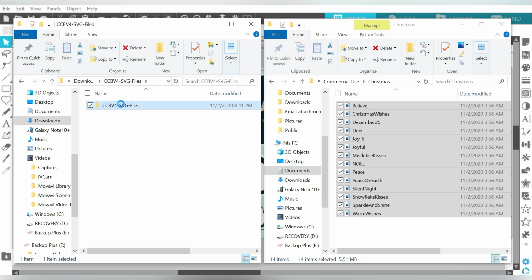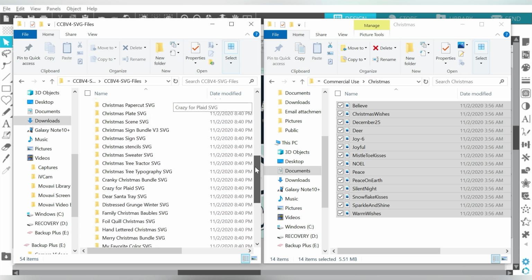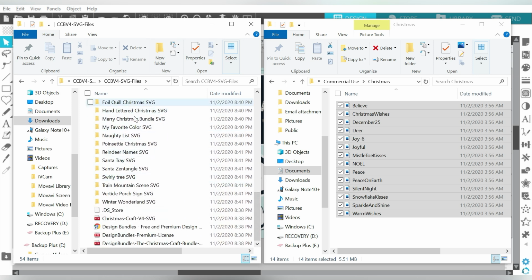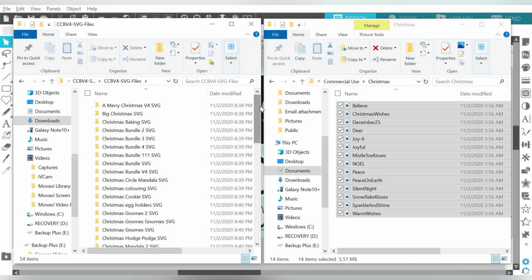Now, I say just SVG, but these are still broken out into all the different individual folders for the designer and the design that it came with. You still get your cheat sheet down here that'll give you the names of all of them. You can also import these in bulk. Now, let's hit pause on that real quick. We have a video to show you how to bulk import into Silhouette Studio if you are storing your designs in the library. That's definitely a benefit to have, that you can bring these in there and you can drag and drop instead of having to sort them this way.